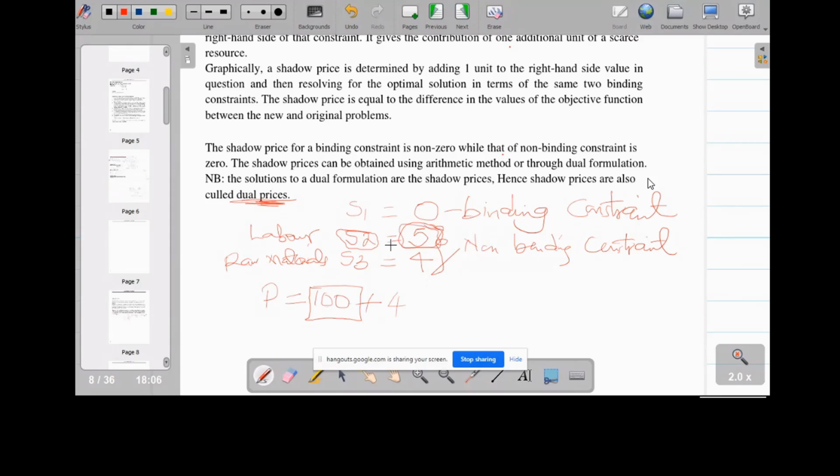So it simply means where you have non-zero dual prices or shadow prices, they are likely to change the profitability if you increase the limiting factor by 1 unit. So that's what it means by the shadow price or